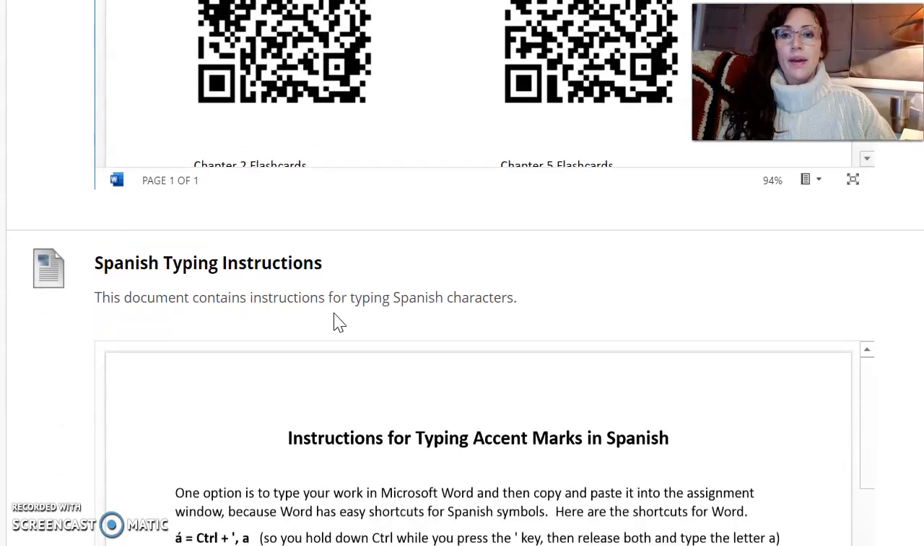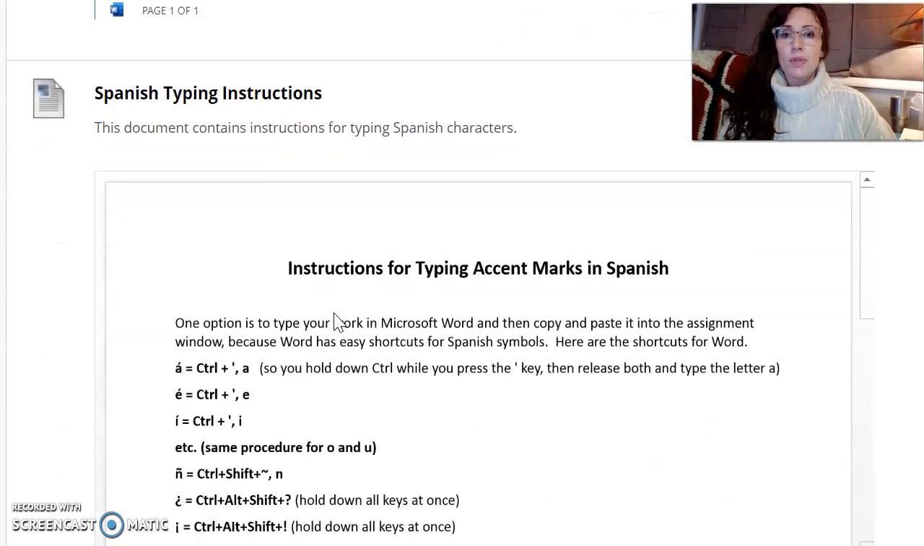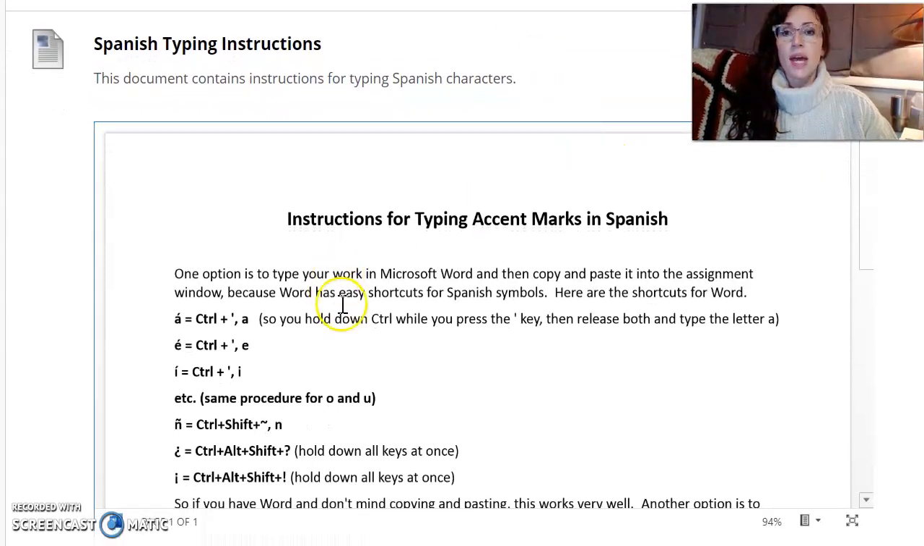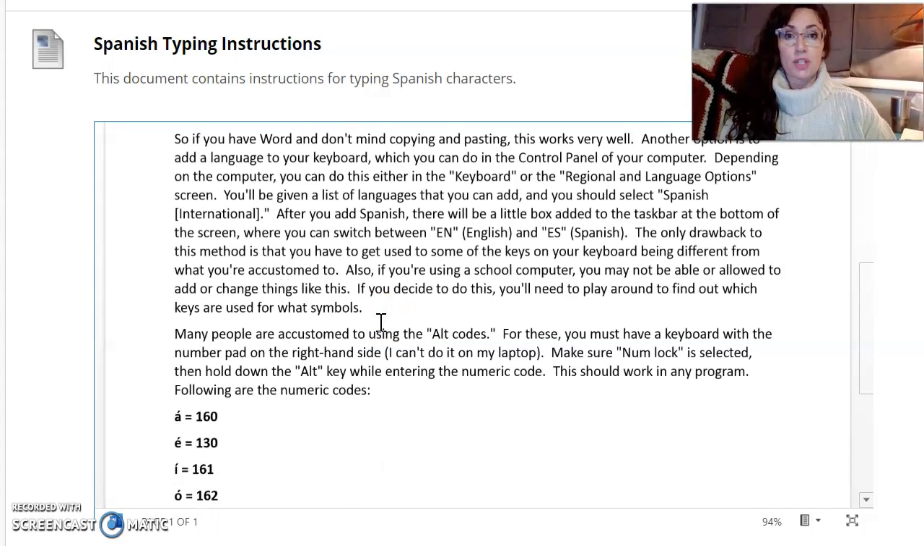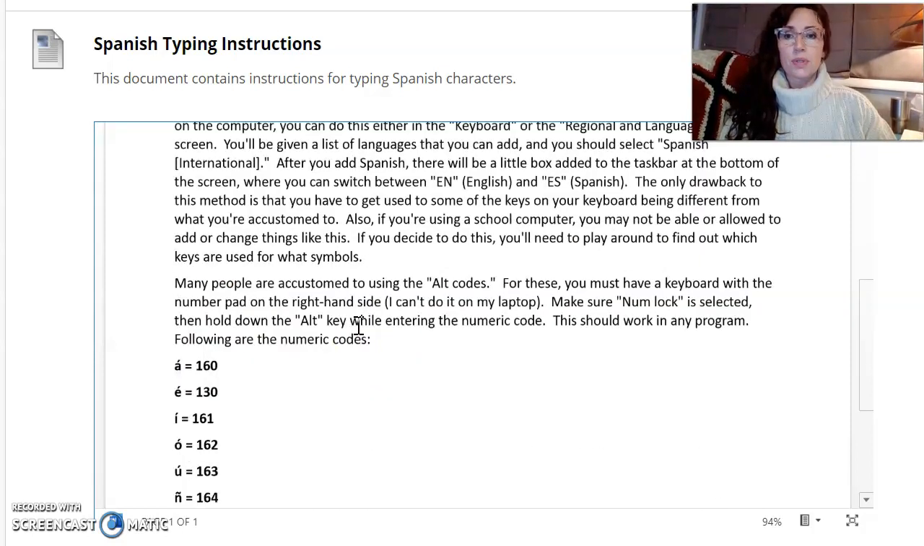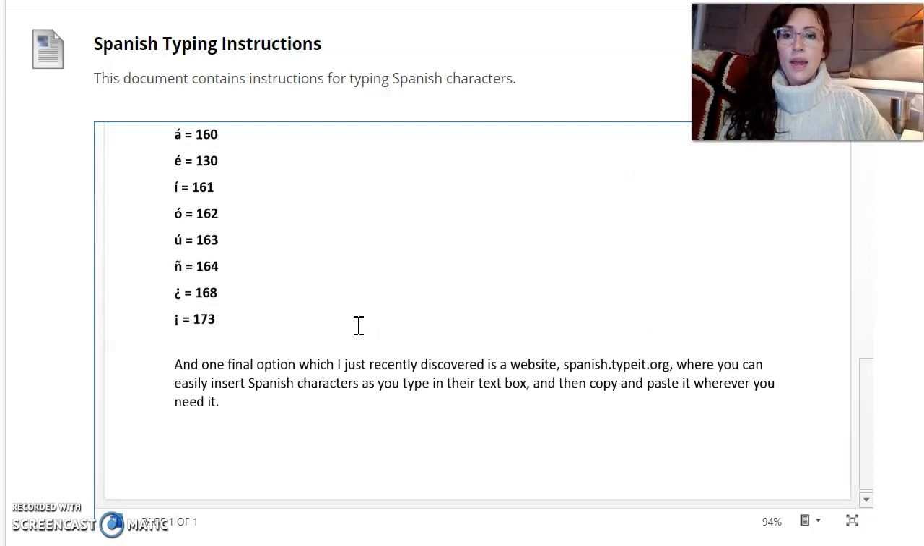And then some of you need this week, as you're doing your revisions for your composition to submit the final draft, these are the instructions for typing those special characters in Spanish. So the first set is instructions for if you're typing in Microsoft Word, you do these. There's also some of those alt codes, and